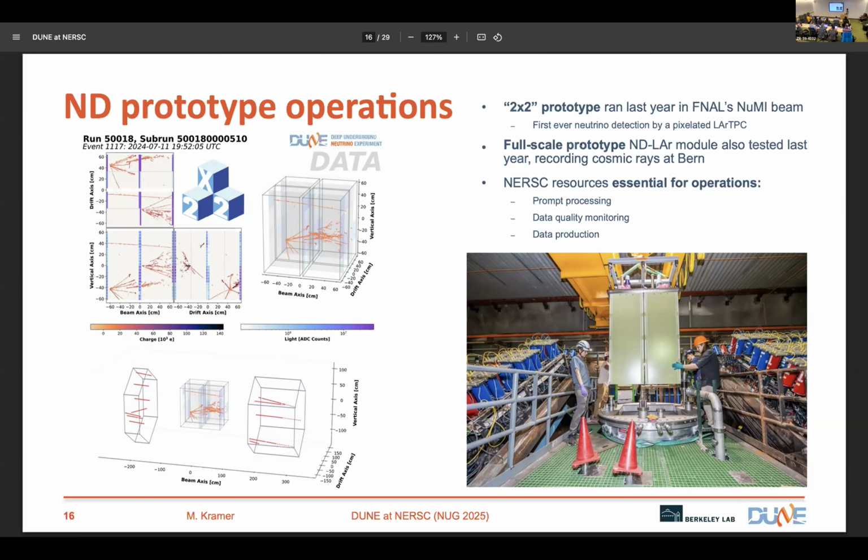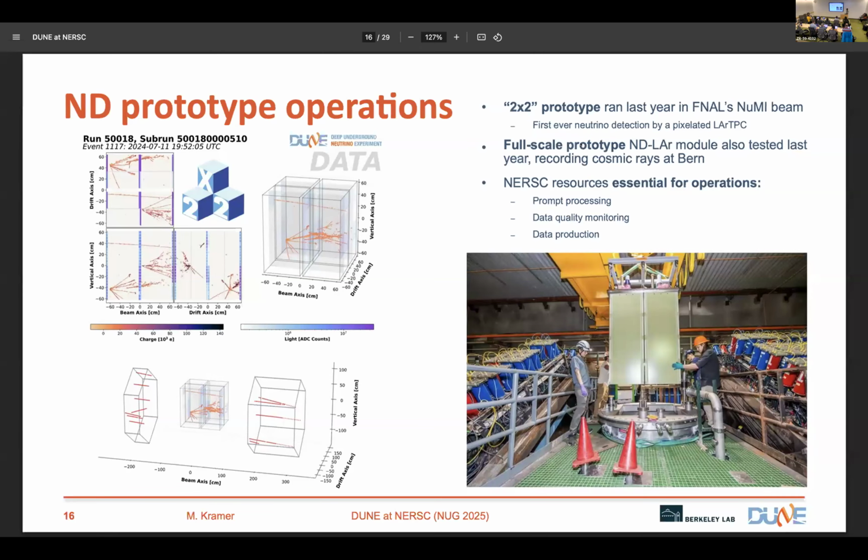So you can see some event displays here. This is real data, and basically raw data, minimal processing has been applied because this pixelated readout technology gives us 3D images right from the get-go. You can also see upstream and downstream of the detector, the so-called Minerva range. This comes from a repurposed experiment that Berkeley Lab ran, and allows us to see what's going on with the muons that punch through the light.